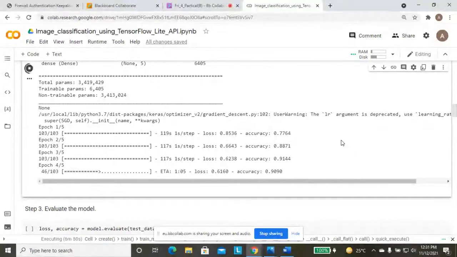Let it complete because it is 4 by 5. So now it took 7 minutes.